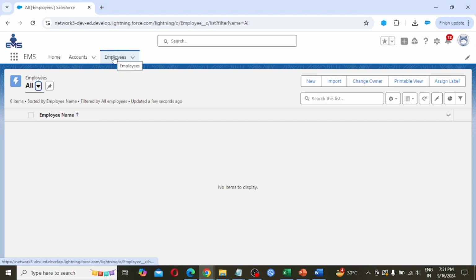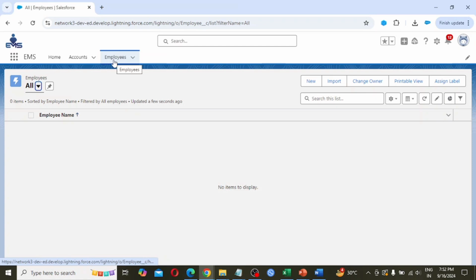So today we created a custom object Employee. We saw the difference between a standard object and a custom object, and also how to add a custom object into our application. How is it visible?